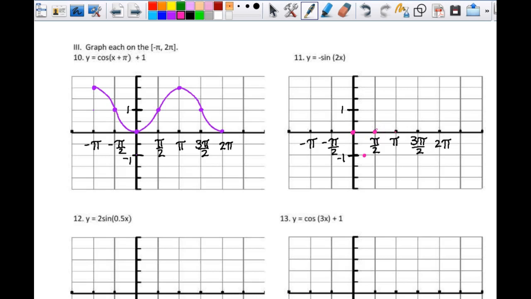Okay. So then I have 3 pi halves. So when you do your parent function, come here, and then at 3 pi halves, I was here at -1. So I'm going to take my 3 pi halves, I'm going to divide it by 2, which is 3 pi fourths, which brings me to right here. Then I'm going to reflect it in the x-axis, which brings me here. Then I'm going to do 2 pi. I take that x value, it gets divided in half and gives me pi. And then I reflect it in the x-axis, and we get that. So here is one cycle